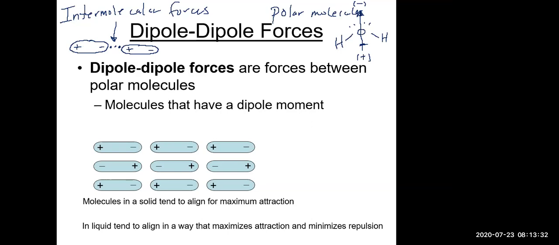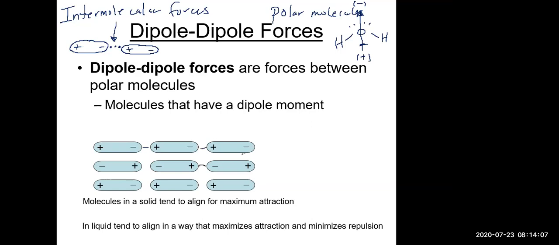Now, we sometimes think about it as just two molecules coming together. But obviously, if we have a certain amount of a substance, like a glass of water, it's not just two water molecules, right? There's a ton of water molecules in there. So what happens is, when these molecules align themselves in a solid state, they try to align in such a way that it maximizes the attractive forces